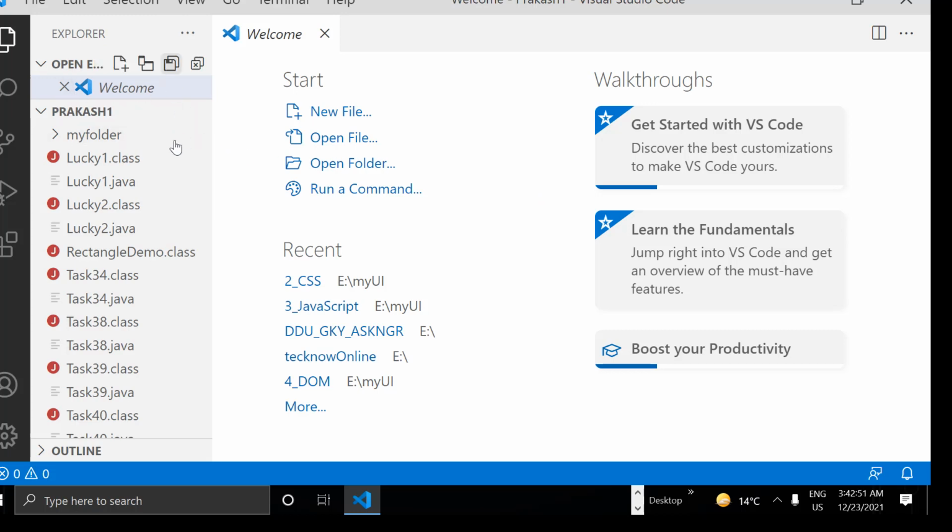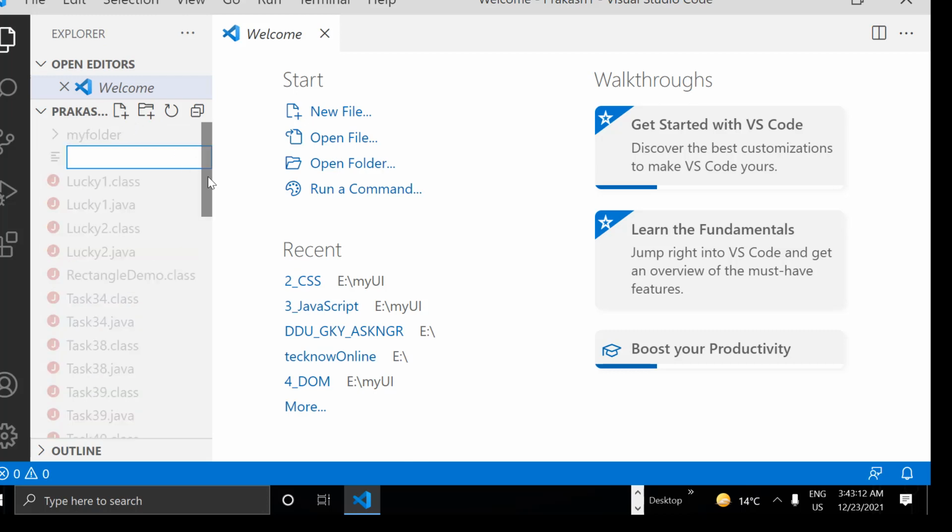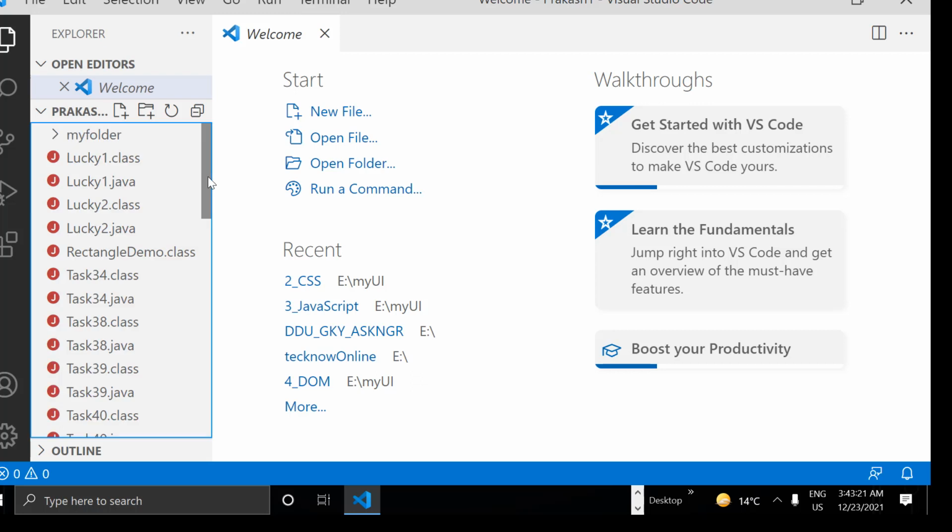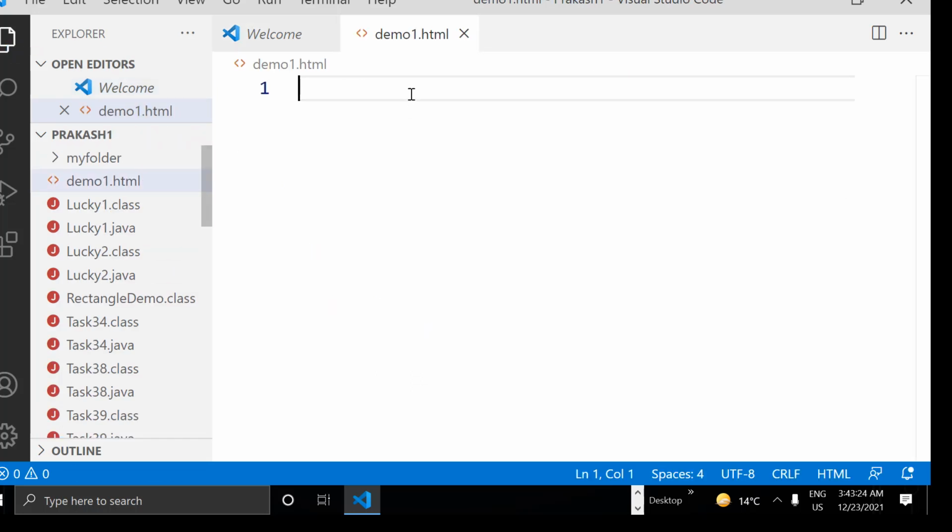Yeah, guys, so our folder is ready now. Prakash1 folder is ready. Now what I'm doing is I can click on adding here new file and new folder. Like that, we have some options here. Refresh the Explorer. Okay, sometimes when you're not able to see your file, you can click on this refresh for Explorer, and a new folder is not required right now. We are creating a file, guys. Click on this new file, and the file name is I am saying as demo1.html, guys. Of course, you can add demo.js file also here. We'll see that later. Right now, demo1.html. The file is ready, and you can see the code here.